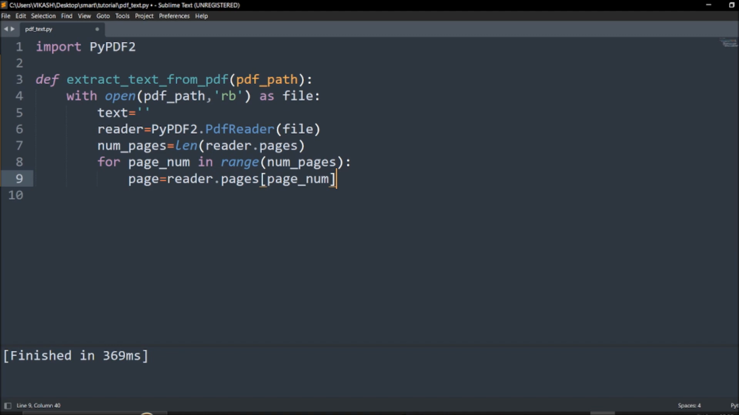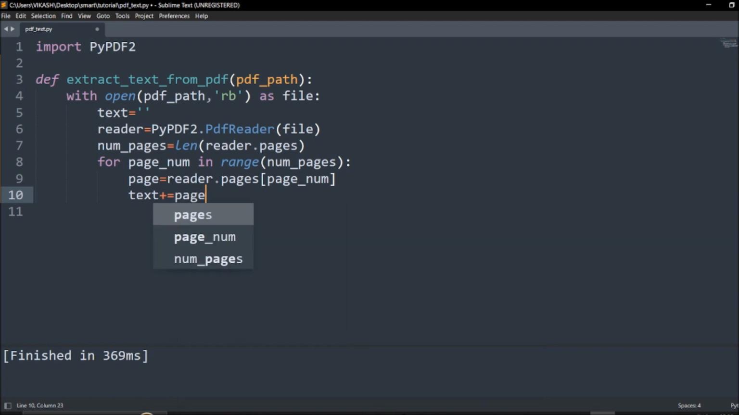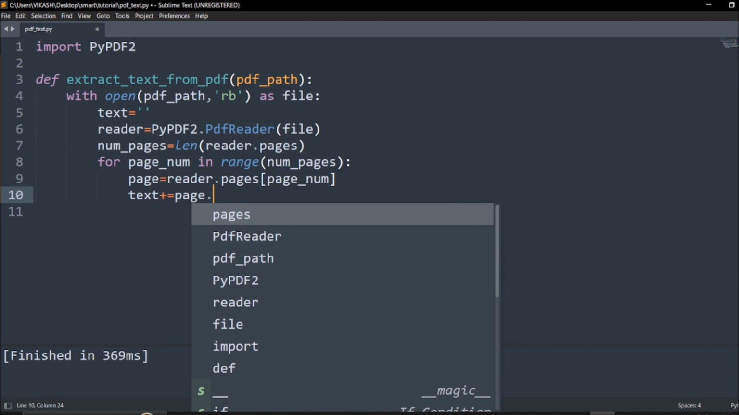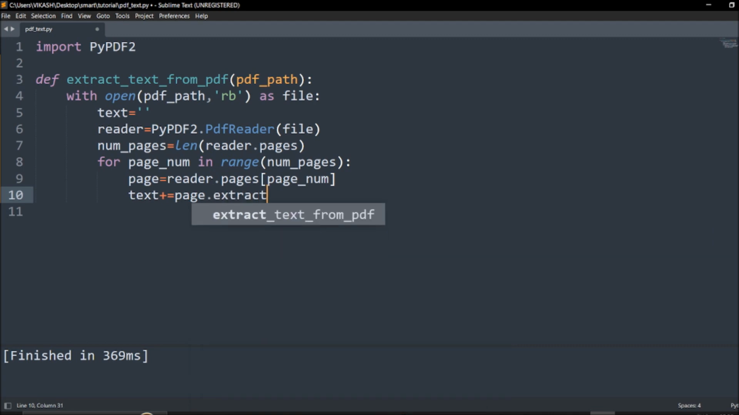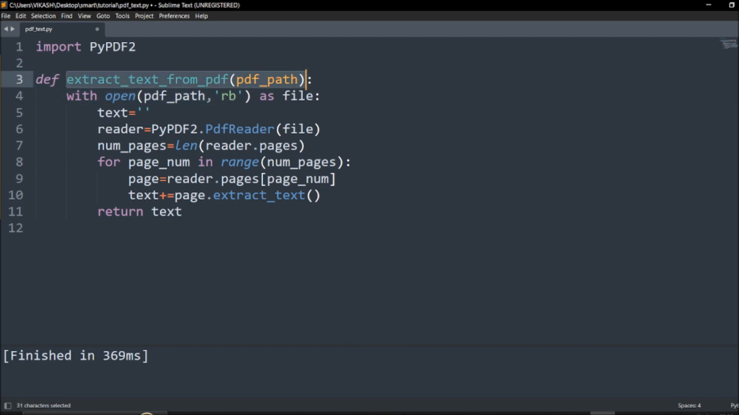Now, if I am dealing with these things, I need to put this in text plus equals, in which I say page.extract_text(). So this is what I'm doing; whatever page we got should be extracted. It is simple. I just have to return the text whatever I got. That's it. Now I will give this path, and I will print and check